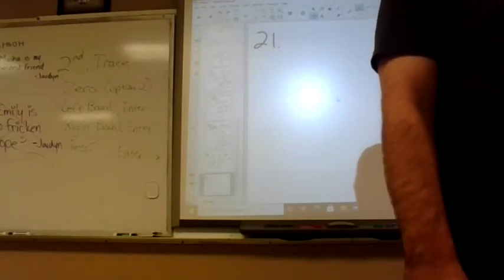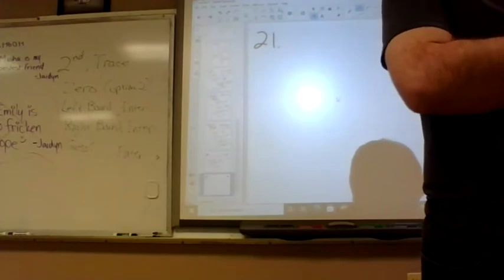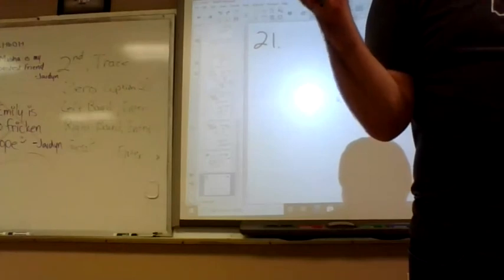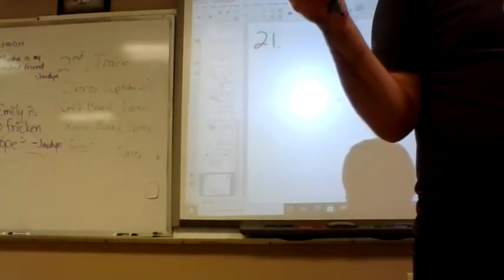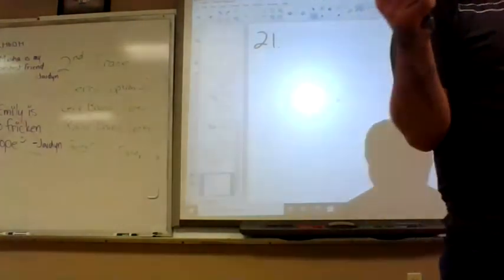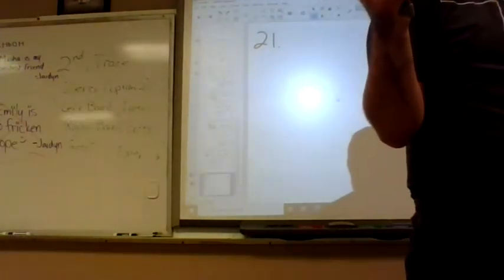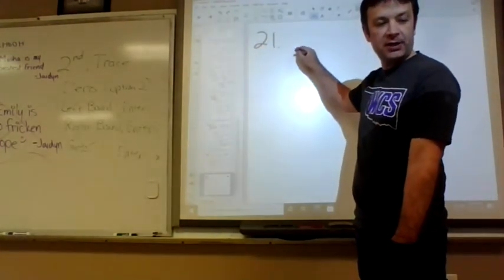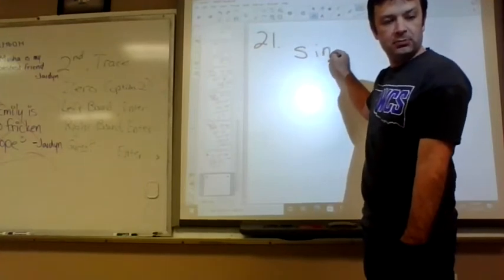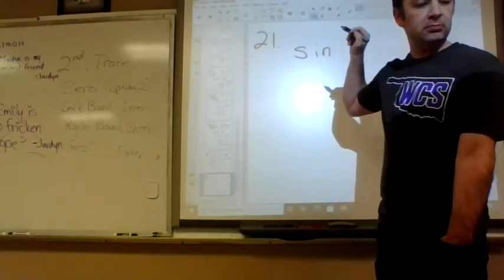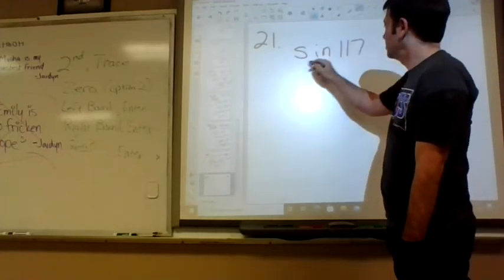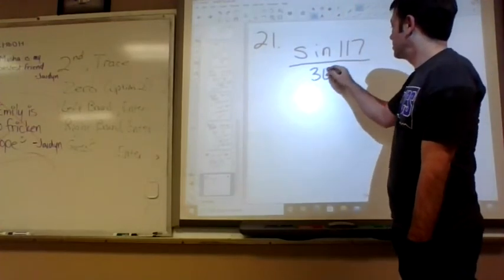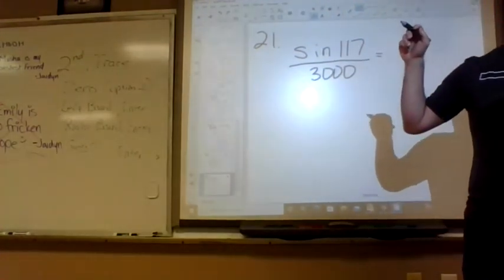What's angle BSP gotta be? 117. Angle BSP and angle PSE make a straight line, so they have to add up to 180. Therefore, that obtuse angle in that triangle is 117. So, sine of 117 over 3,000 equals sine of 28 over